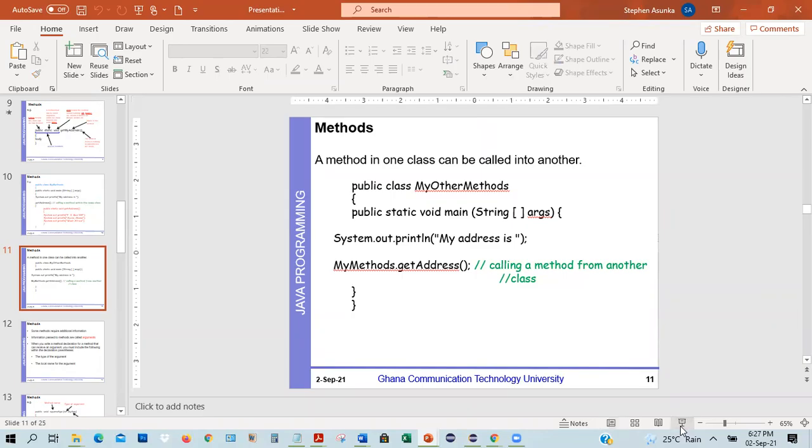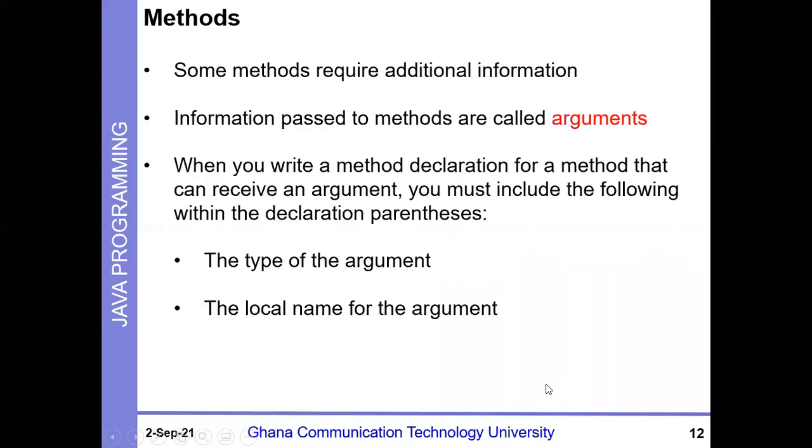So that's a simple method that for now doesn't take in any arguments. But what we're going to say is that there are some methods that require what we call arguments, or sometimes you hear the word parameters. The arguments are the things that the method requires for it to be able to function. So when you write that method in the declaration, you need to indicate whether the method will receive arguments or not. And you need to show the type of arguments as well as the